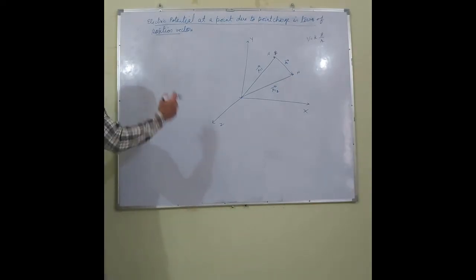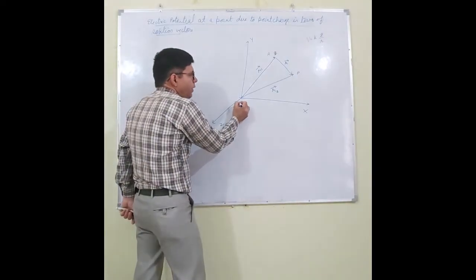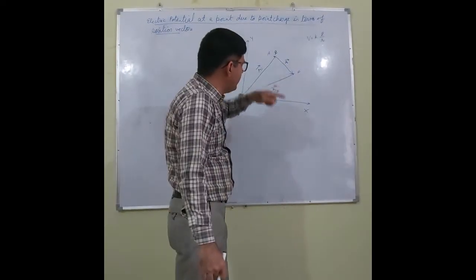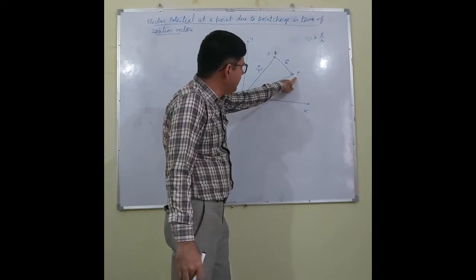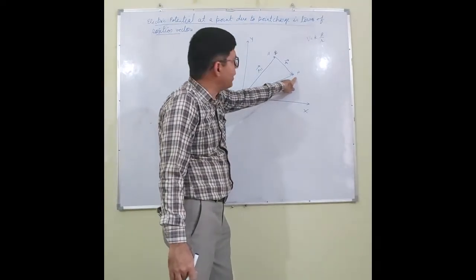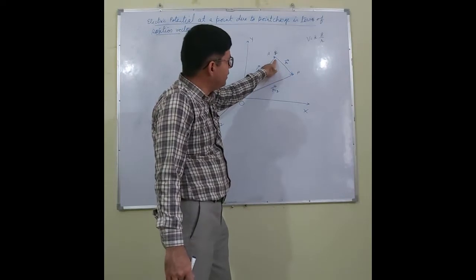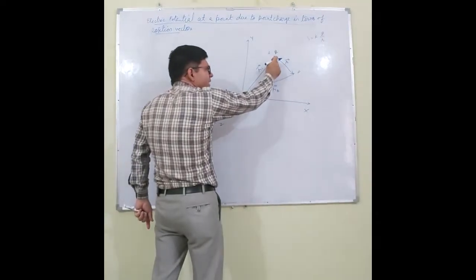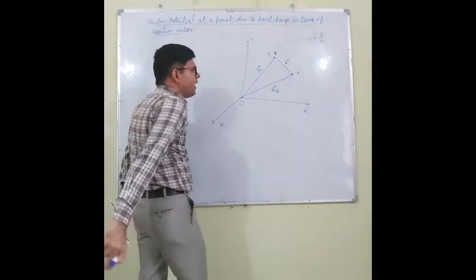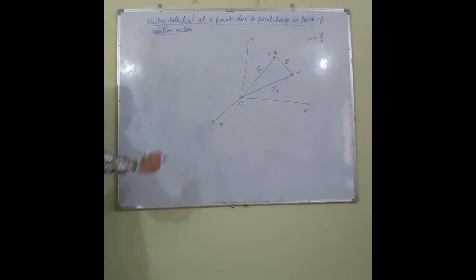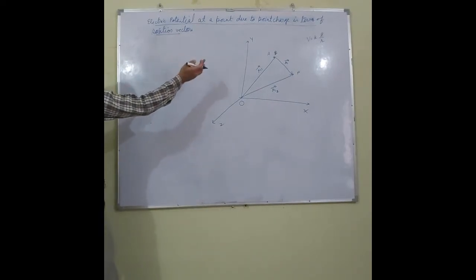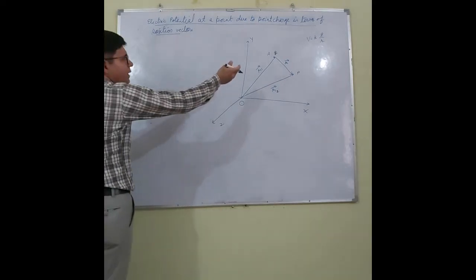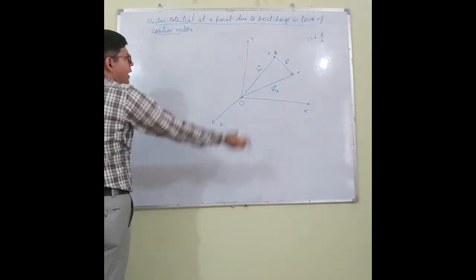So let O be the origin, A the point where charge Q is placed, and P the point where we have to calculate the electric potential due to this point charge Q. Now join AP such that vector AP equals vector R. I have to express this in terms of the position vectors. But let me calculate what this vector R is.